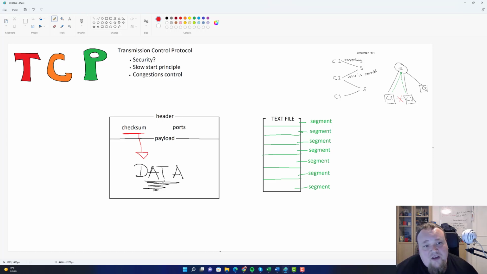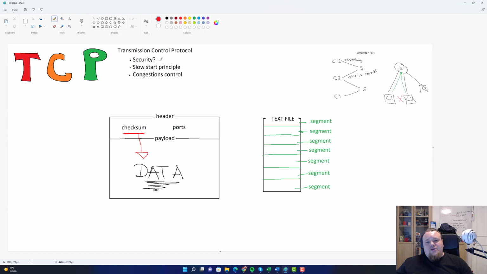If it's not intact, then the TCP protocol will try to resend the same package. So let's assume that this package didn't get received by the receiver, and it's going to be resent. That's what the C part means, the control. So it is controlling the actual transmission, and that's going to be the easiest way for me to explain it to you. All right, so I'll just remove these small lines.